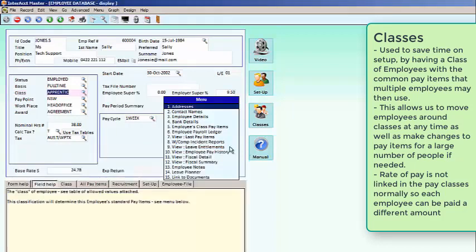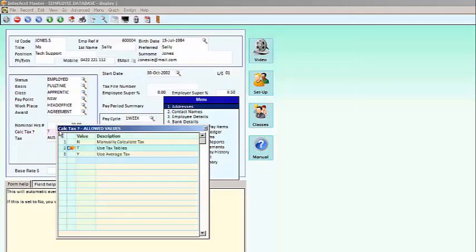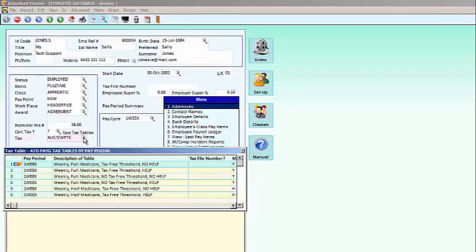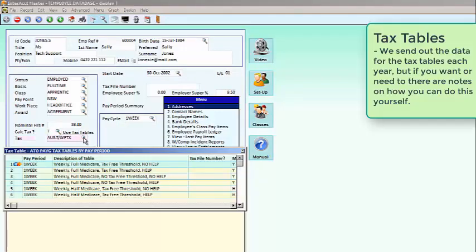We're also able to have the options of using either the standard Australian tax tables, average tax, or manually calculated tax for each of our employees. So if we have employees that are on variable tax scales, they can choose to use the average tax and pay an annualized tax rather than using just the tax tables. All the different tax table options that are most commonly used are there,